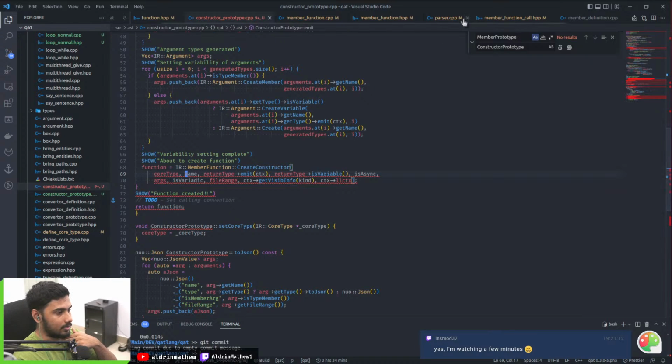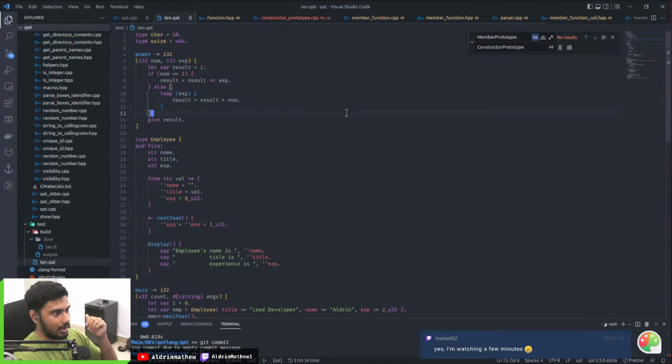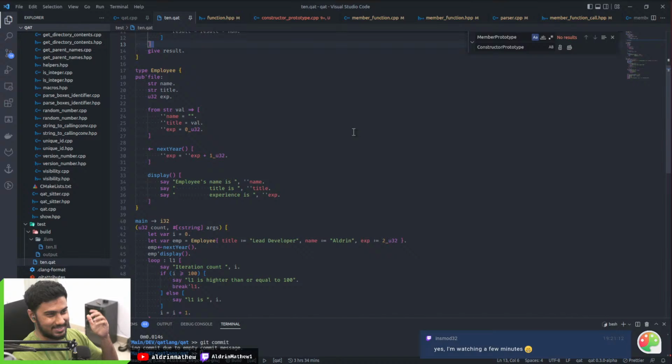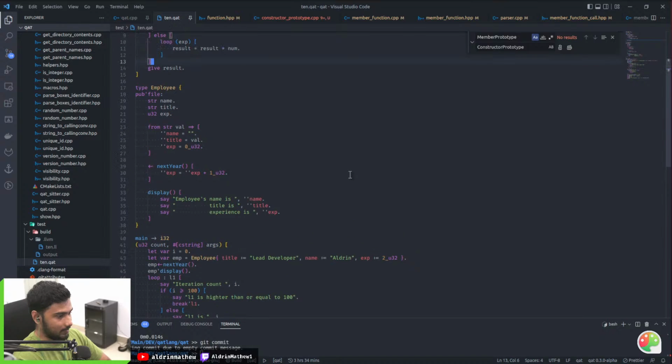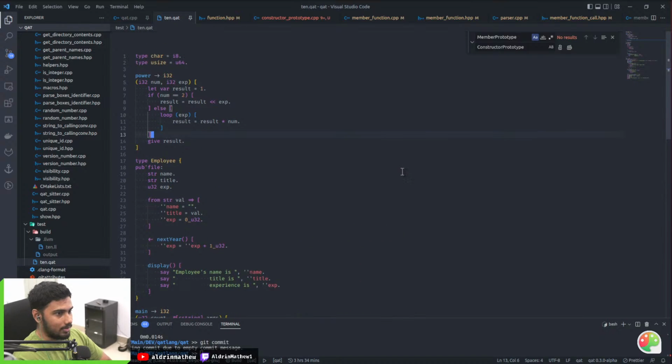And did you get to see the syntax of cat? So this is basically it. It's kind of ugly, but I'm used to it, so it doesn't feel that ugly to me. So yeah, this is the syntax basically. The let keyword is used for type inference.